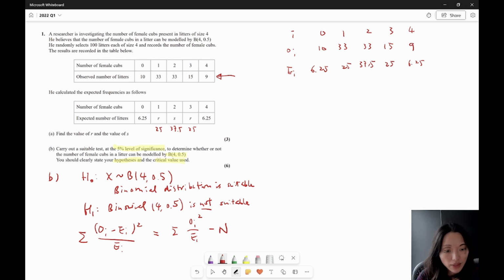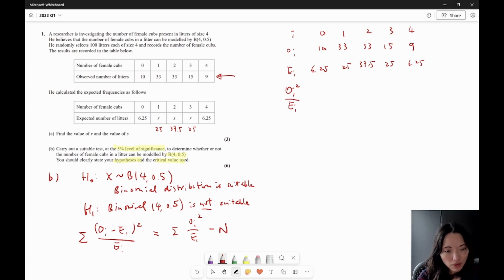And before we work out the values of O squared over E, let's double check that there are no expected values that are under 5. It's great because the lowest value is 6.25, so none of the values are under 5. So each of the columns could be a standalone observation and none of them need to be combined. So let's work out